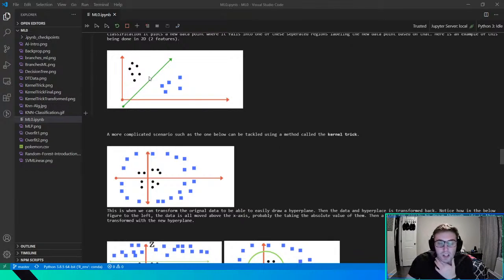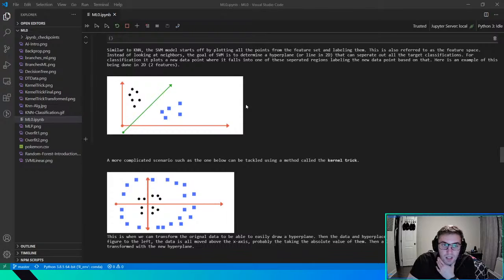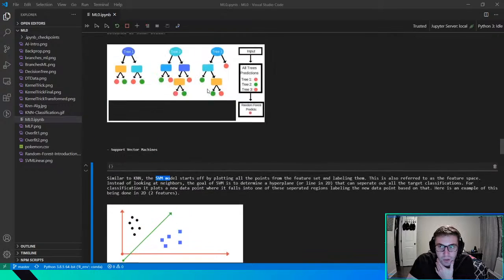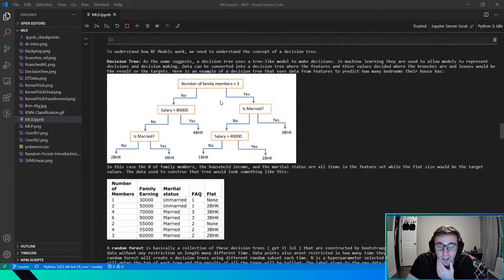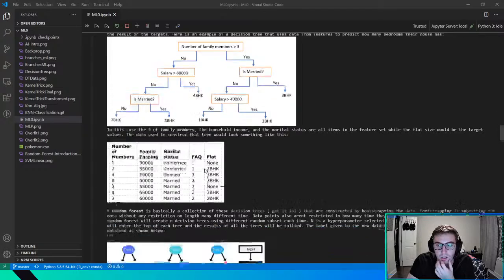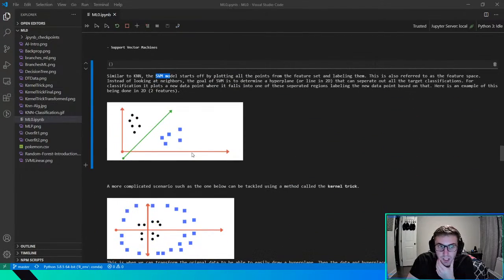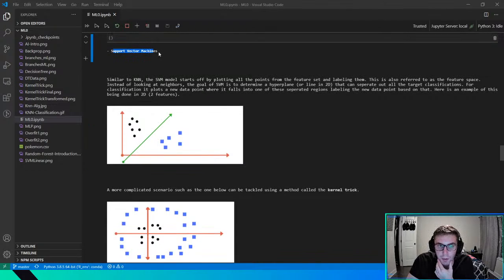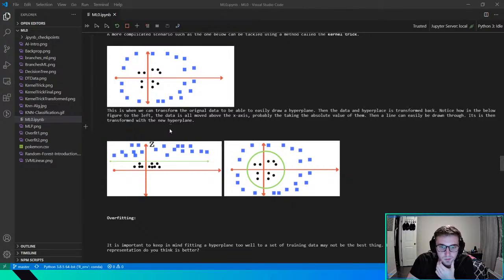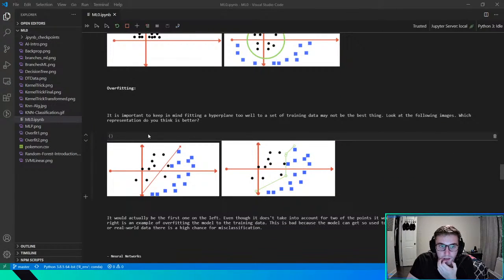Also, SVMs can be used for regression as well, but they usually don't work as well. Usually SVMs are only classification, while KNNs, decision trees, and random forests are all classification or regression. Yes, SVMs work for both, but they're most notably used for classification. All right, we'll stop here because we're going to go into a really big topic next.